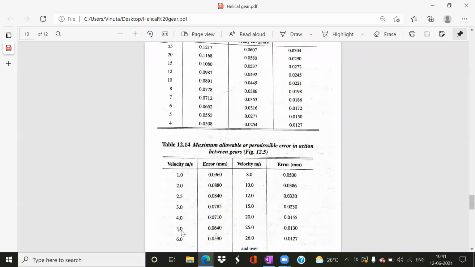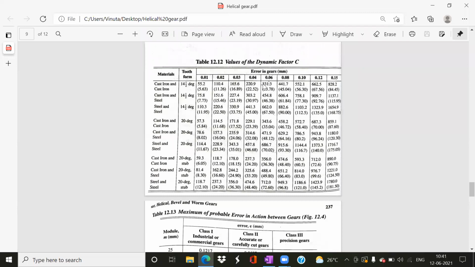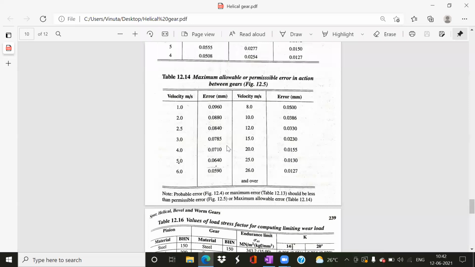For example, 6.2 means you have to take the next value, that is 8. For 8, it is 0.05, and in this table, 0.05 is not there. You can take 0.04 value, and after that, you can do that. I will solve this by using this, and I will check how much I'm going to obtain. The next class, I will tell you. I will calculate this by using the table 12.14, and I will tell you the value, how much I will be getting. Okay, sir.